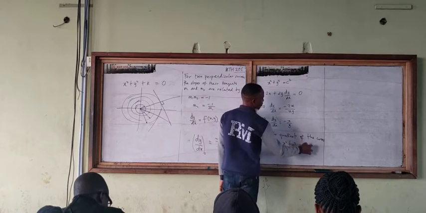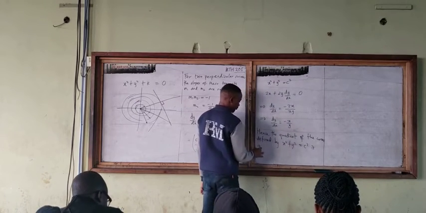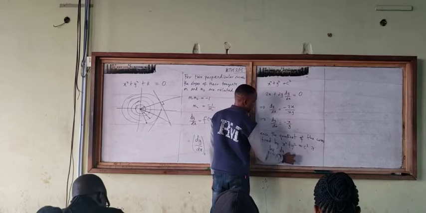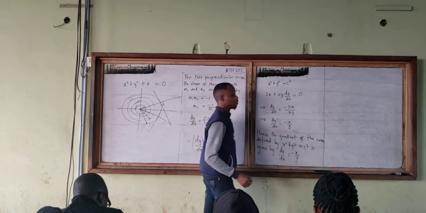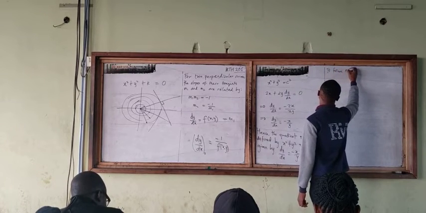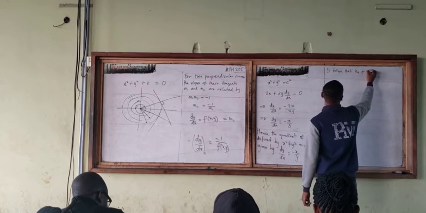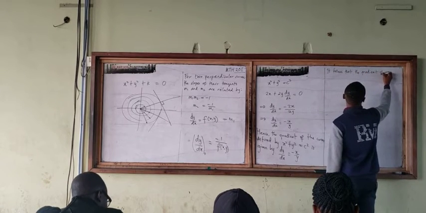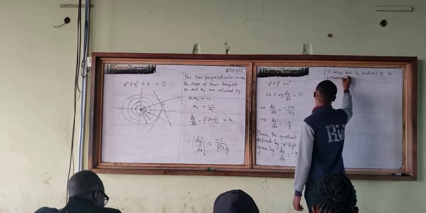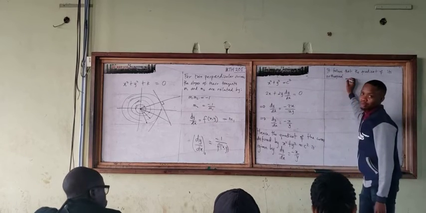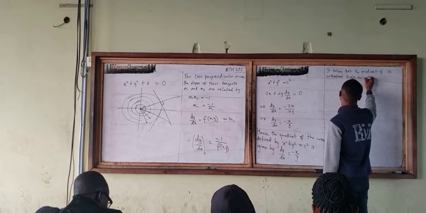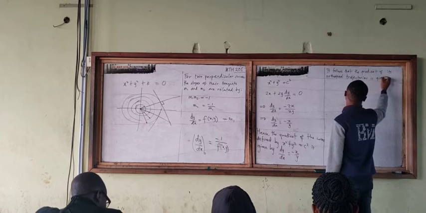y squared equals c squared is given by dy/dx equals minus x over y. So it follows then that what? It follows that the gradient of the orthogonal trajectories. Orthogonal means at right angle. All together. Orthogonal trajectories is given by